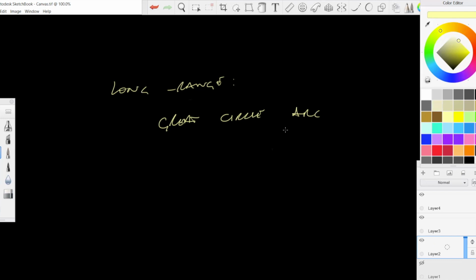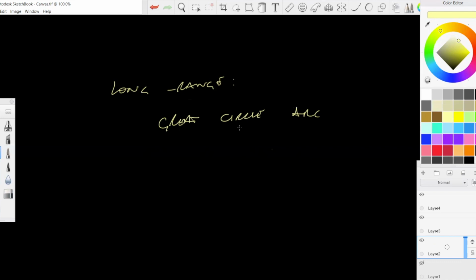But for all our calculations, we're going to assume the Earth is a sphere. Otherwise, a great circle doesn't exist, by the way. There are no great circles on the surface of the Earth because the Earth isn't a sphere, and a great circle is defined on a sphere. But anyway, the arc of a great circle is the shortest distance between